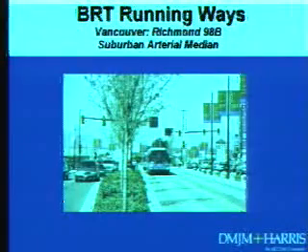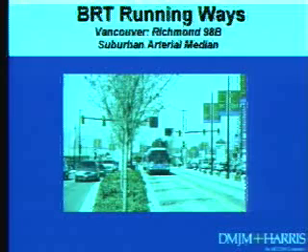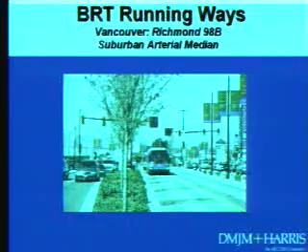They don't use their downtown busway, but they just do a loop. And in some places it's just on an arterial street. Some places it has a queue jump. Some places it has signal priority. In other places, like in Richmond, it has its own right-of-way that goes right down the middle of the major arterial. And that's what's depicted there.